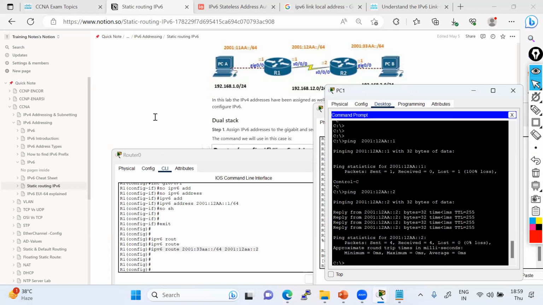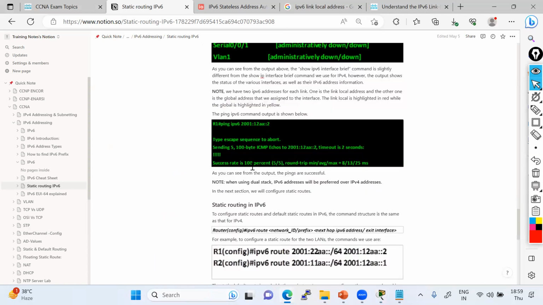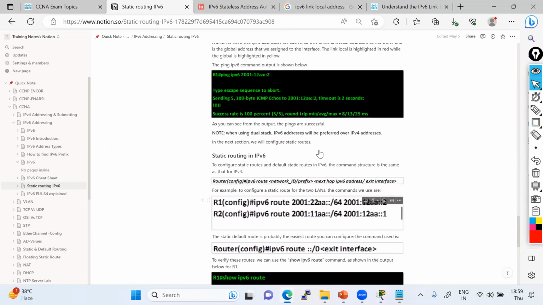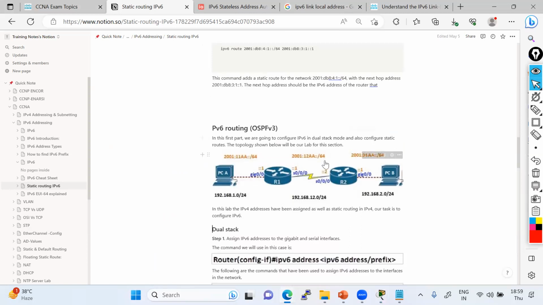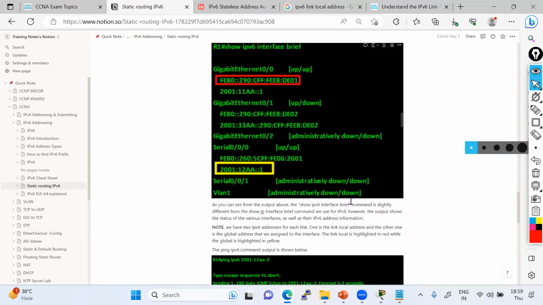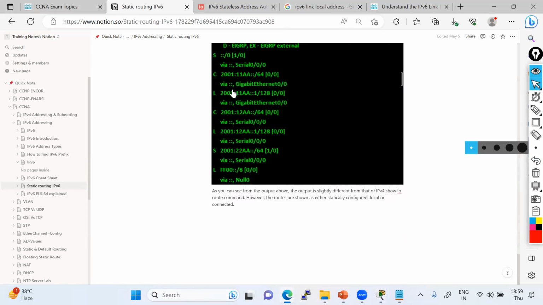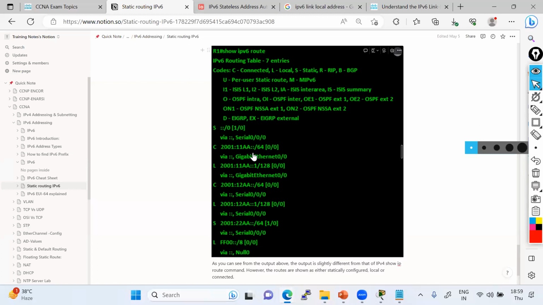It doesn't mean the configuration has a problem, because see, this is the same configuration they have done, but they have done it for the wrong network. 11 is fine, but this should be 33, not 22. But they mistakenly used 22, right? The document is not valid. So if you check the routing table, it is going to show this kind of static routing.